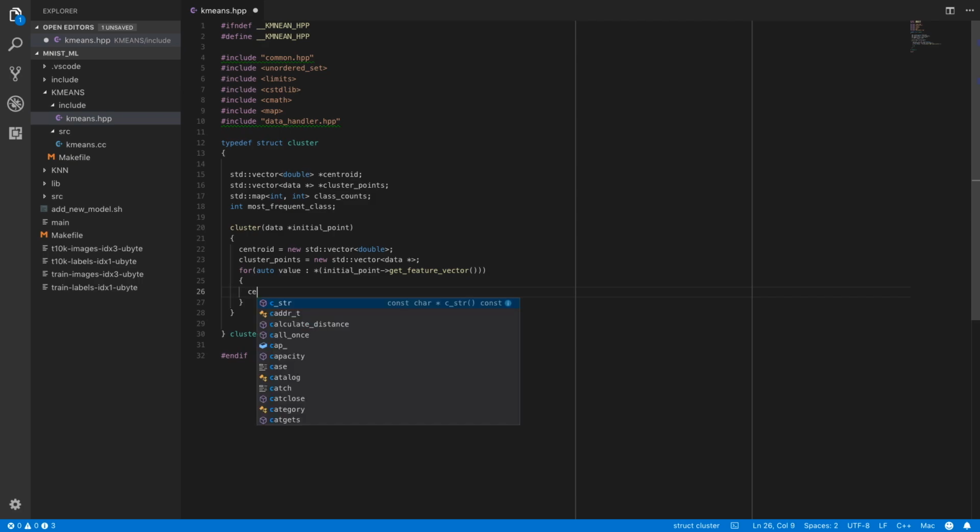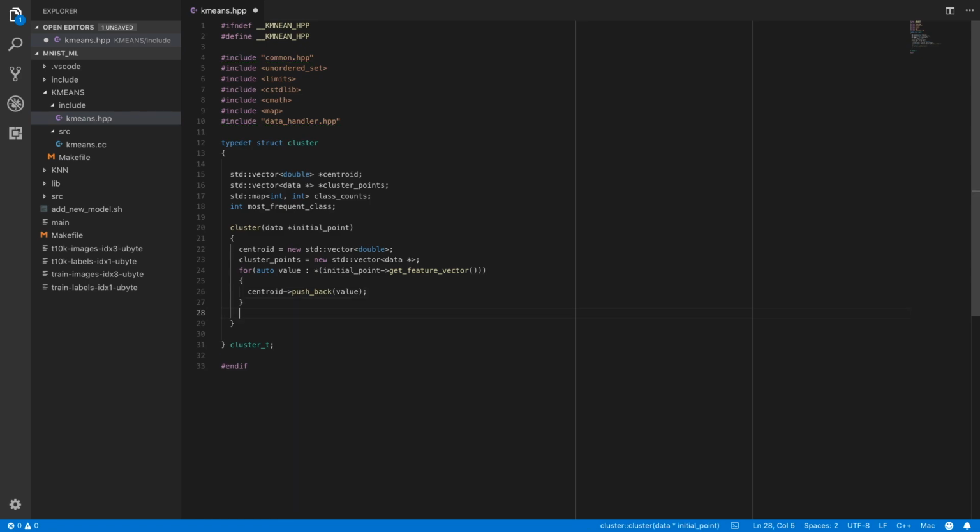And then we're going to say centroid pushback value. Okay? So we're initializing each centroid with the value of the first data point. Okay? And then we're going to say cluster points pushback initial point,